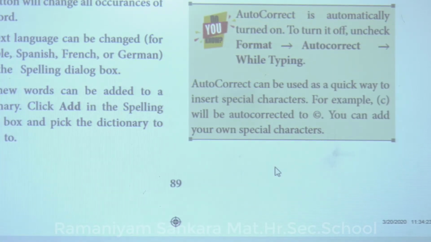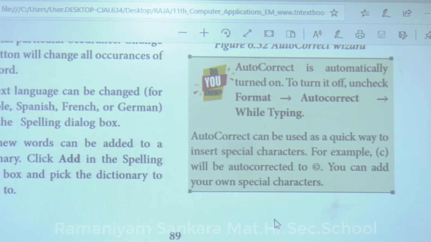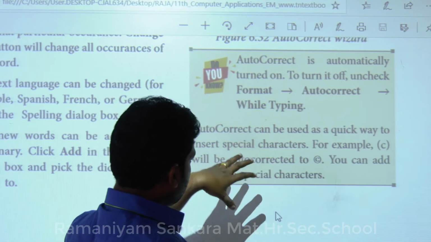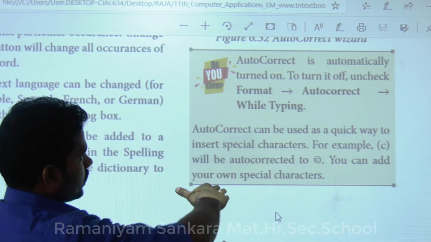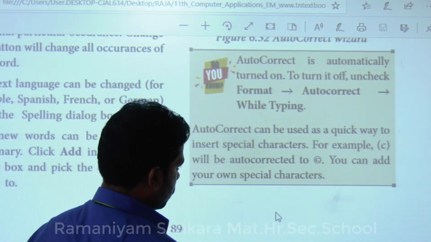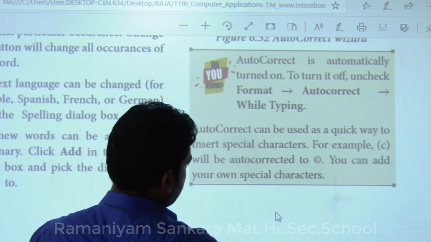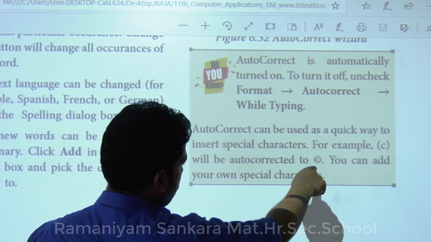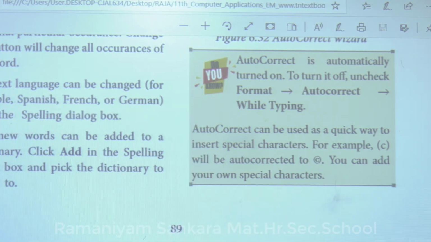Autocorrect can also be used as a quick way to insert special characters. This feature available in OpenOffice Writer can be used to insert special characters. For example, (c) will be autocorrected as the copyright symbol. You can add your own special characters also in OpenOffice Writer.